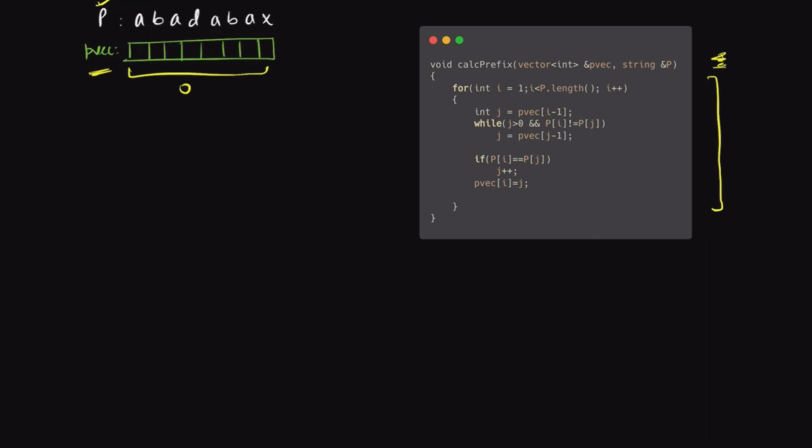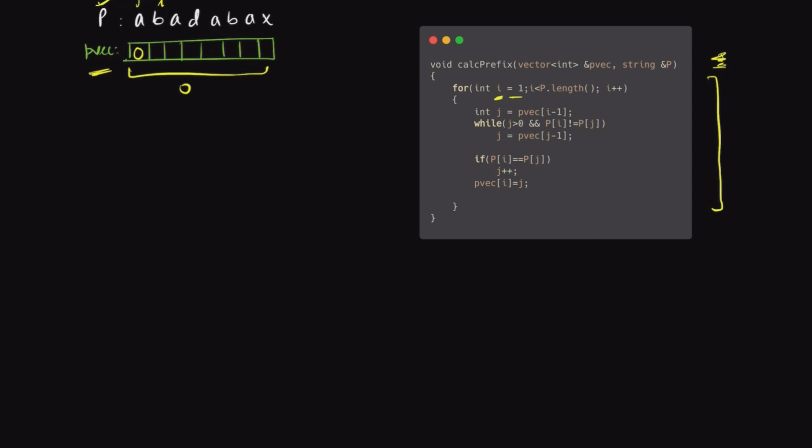According to this function, i is 1, so we put our i at position 1, and j can be i minus 1, which is 0 right now. We can see that the first character's value is 0 because we initialized the vector that way, and it also makes sense.